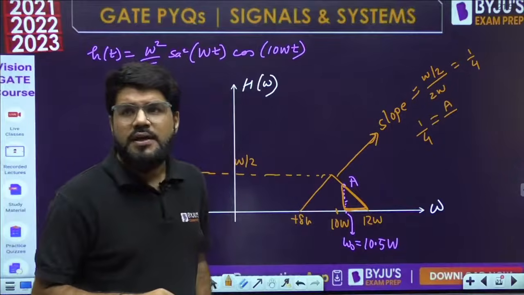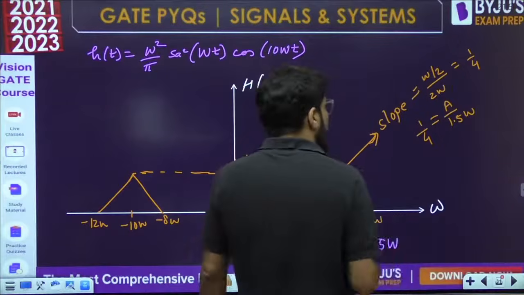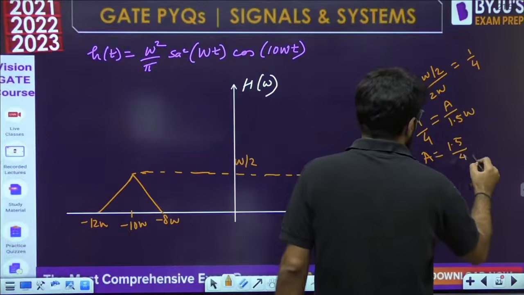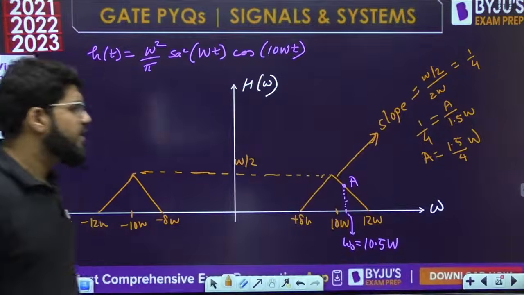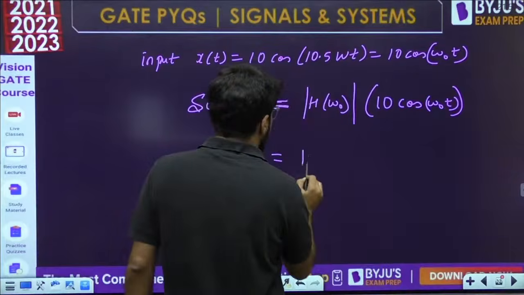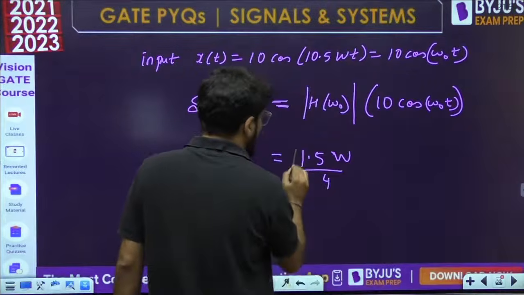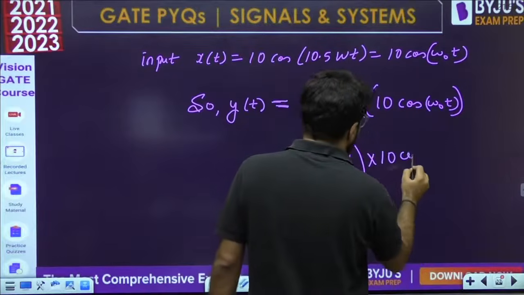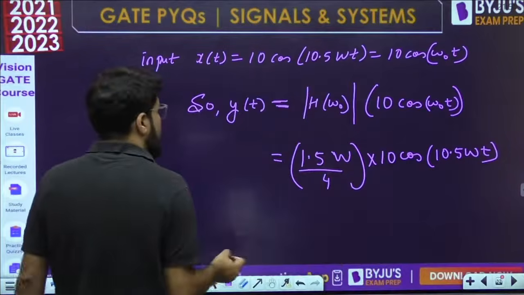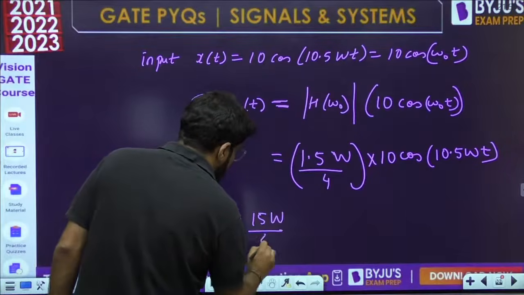10.5 to 12, it is 1.5. 1.5 W. So what is the value of the amplitude? It is going to become 1.5 W divided by 4 W. I will substitute here, into the input 10 cos omega naught t, omega naught is 10.5 W. So 1.5 into 10 is 15. So my final output should be equal to 15 W by 4